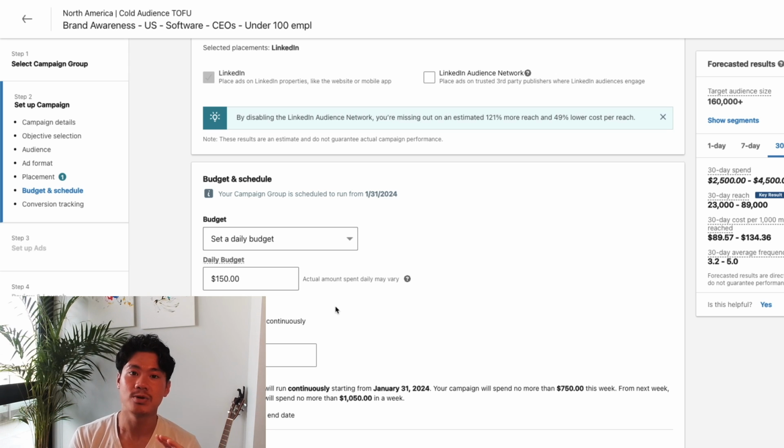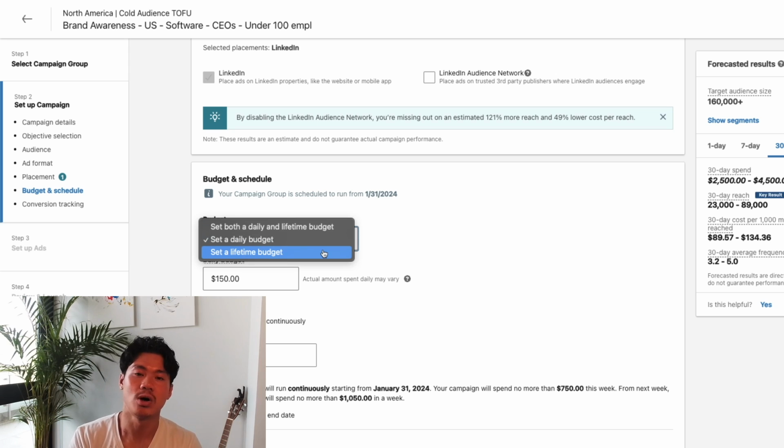All right, so now you have the budget section, and simply put, this daily budget section will be allowing you to set a maximum spend per day on how much this particular campaign can spend. Now, obviously, if you have multiple campaigns, then each of them will have to have their own budget. So you might be spending a lot more than just this daily budget in total. But for an individual campaign, it can spend no more than this, or at least LinkedIn tries to do that. Sometimes it spends a little bit more, but generally speaking, it tries its best to stay underneath the budget.